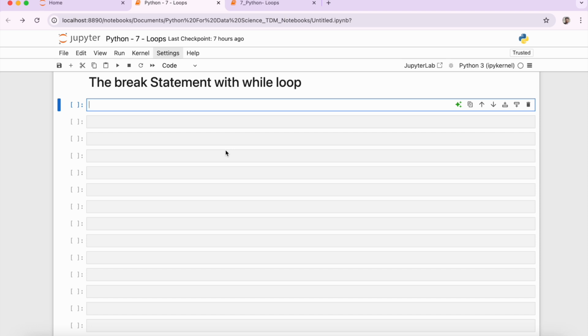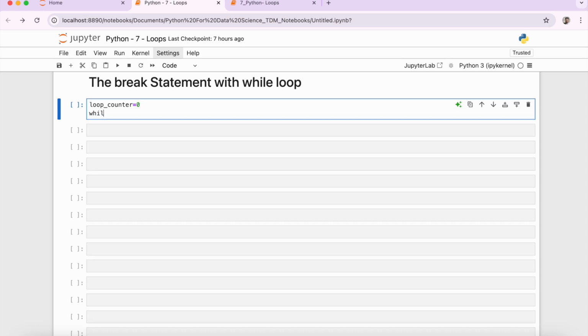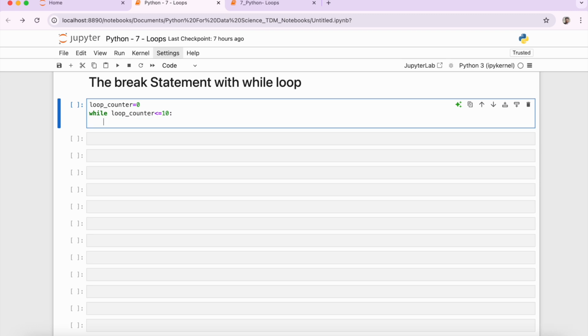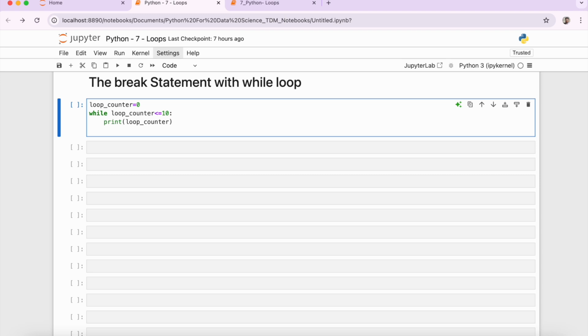Let's say that you are printing 1 till 10. For that we can have a loop counter variable, and we can initialize it to 0, and then we can simply put a while loop saying that while loop counter is less than or equal to 10, then print loop counter, and then we are going to increment the loop counter value.